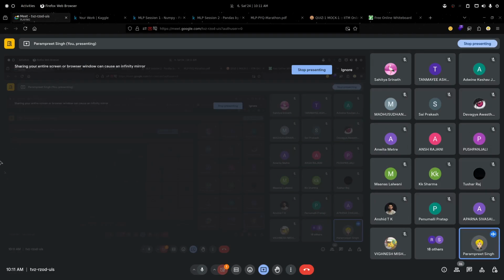But if, let's suppose, you have a column which is of names, you have 10,000 samples, and every sample has a different name. So you have 10,000 different names. Now if you do one hot encoding on this, then you will get 10,000 new columns. This is not a good approach to use the one hot encoder. We mainly use one hot encoder when we have a small number of unique values in a specific column.